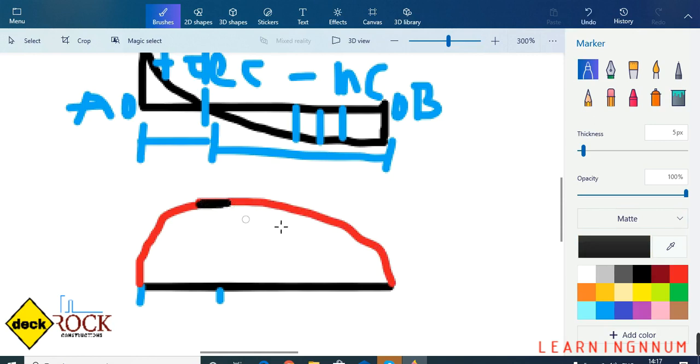Understood? Yes, sir. How much shear force was here at B? 0. How much was here? At 0 shear, what was the bending moment value? Tell me, you noted it down, right? How much is it? 0.84. No, 0.84 is the distance from B. Put the 0.84 value in that equation of bending moment.